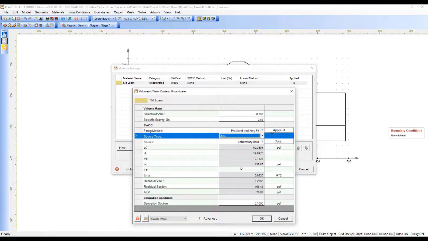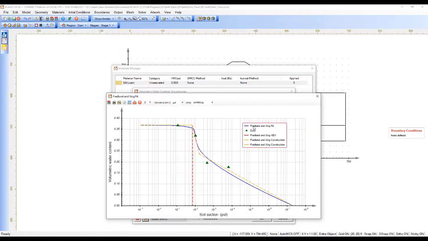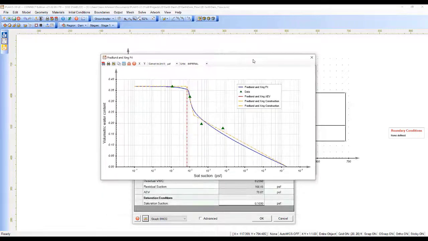Then I'm going to apply the fit. And then I can check the suction curve in the graph data and see that it's actually giving me the correct suction per water content output. Indeed, the curve looks good, so I'm going to hit the X,